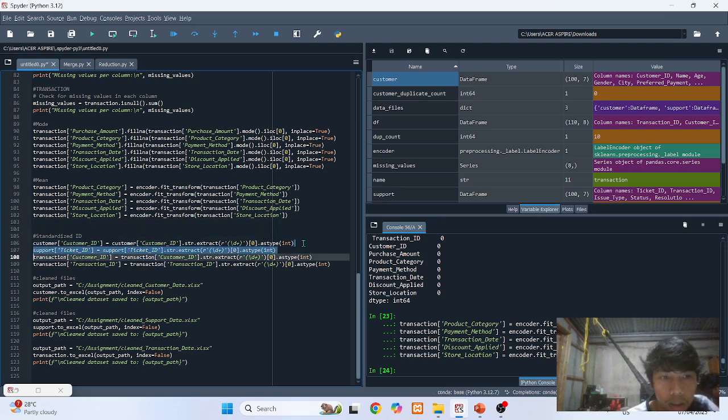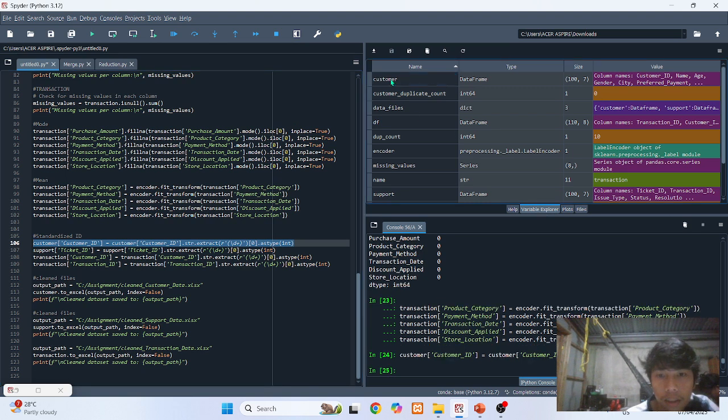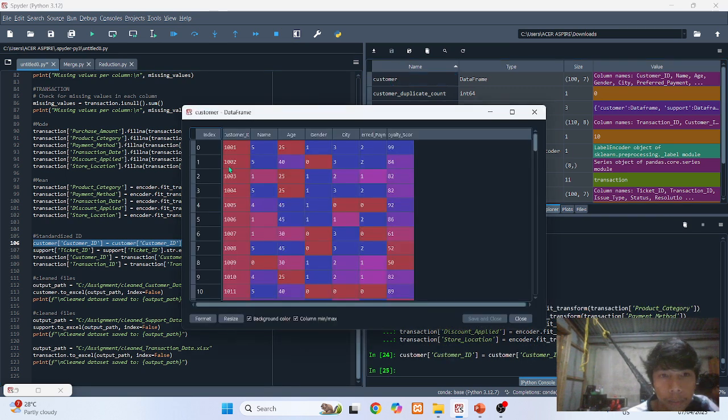So customer ID targets the customer ID, which is the column that we target. Then using the extractor, we extract all the categorical data and retain all the numeric data. As you can see in the customer data, it is now fixed. The customer ID is now numeric data.